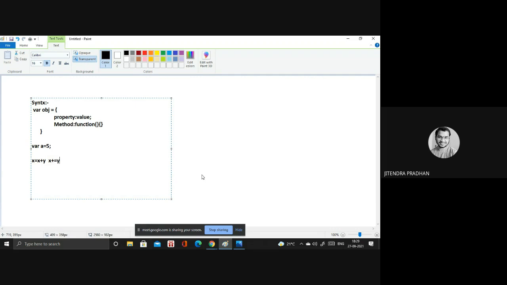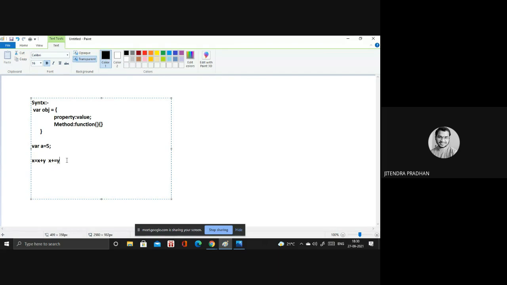It is the same thing, nothing is different. In description, x is x plus y, but you can write x plus equal to y, the same thing. It will update the x value.